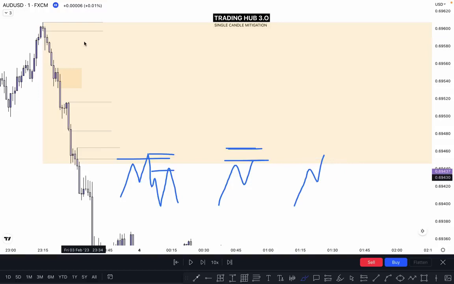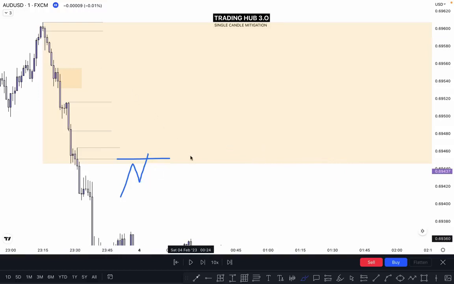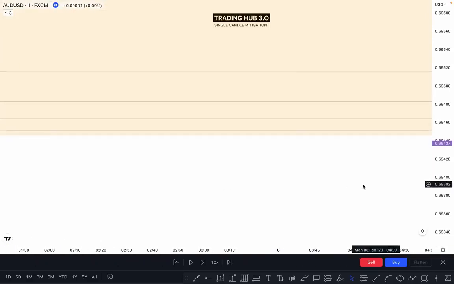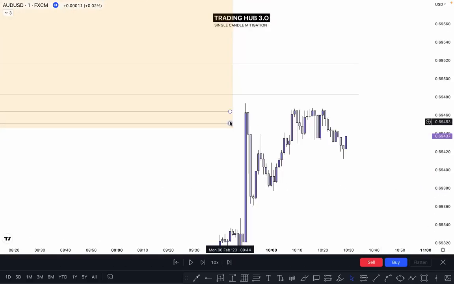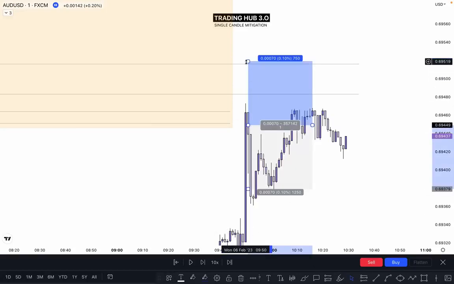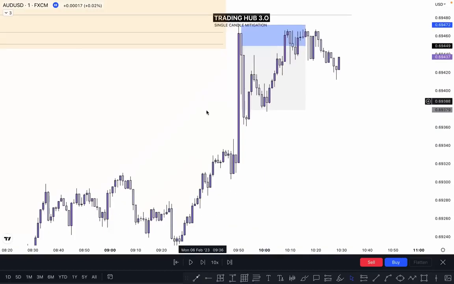Okay, so now let's see what happened next. First of all, extend this zone to the right side. Now let's see what happened next on the right side. So what happened here? This one is our first entry, if you are willing to sell here directly, and this one is called risk entry, and put the stop loss just above it, which is here,